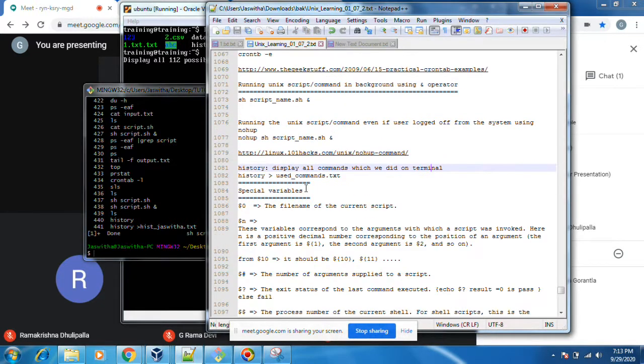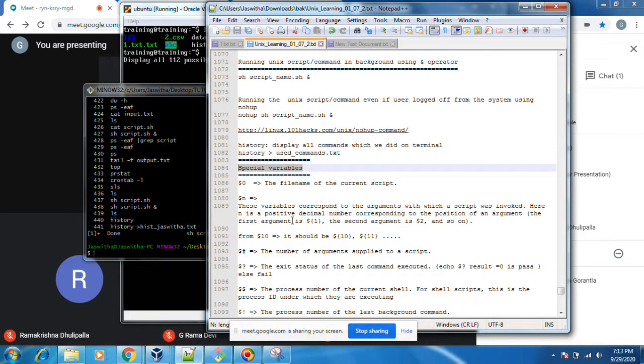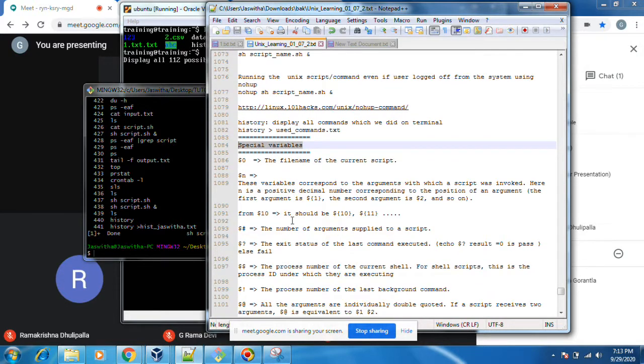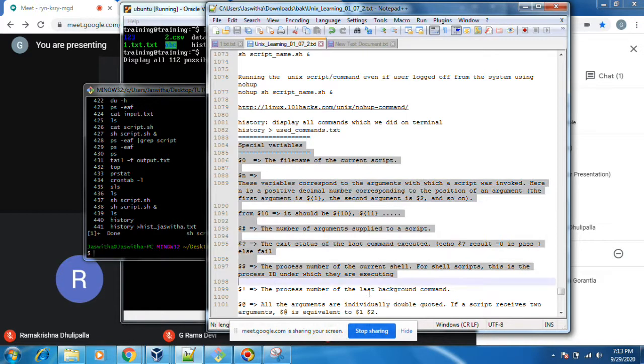These are special variables. $0. These special variables will work in shell scripting.